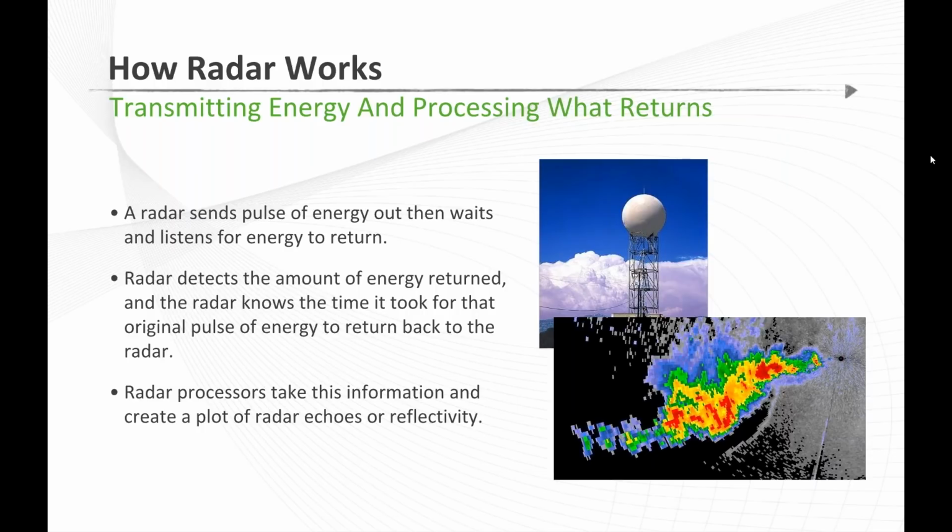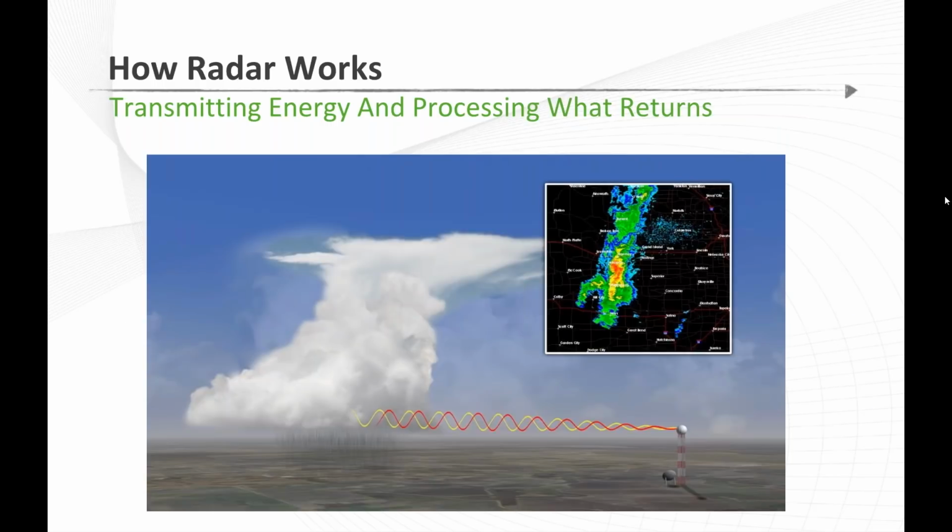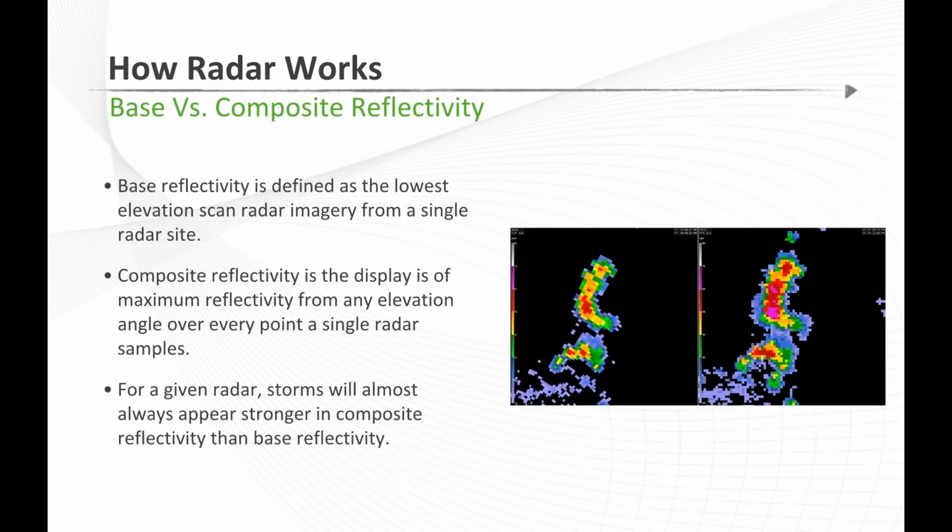You can see a picture of what a radar looks like if you haven't been up close and personal with one, and you can see a radar image there in the lower part of the screen. This is a basic idea of how radar works. A pulse of energy goes out, the pulse of energy comes back most of the time, at least in part, and radar processors create the image that you see there in the upper right part of the screen. So we're simply dealing with pulses of energy and what happens to that energy by the time it returns to